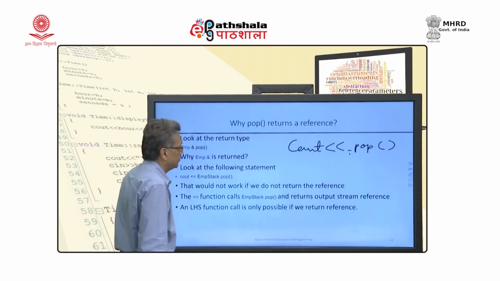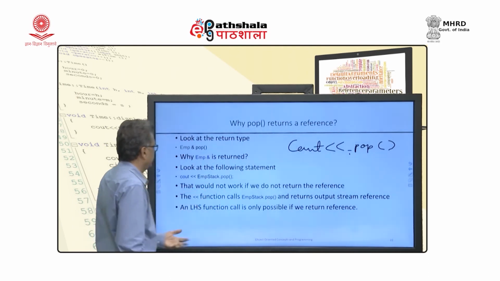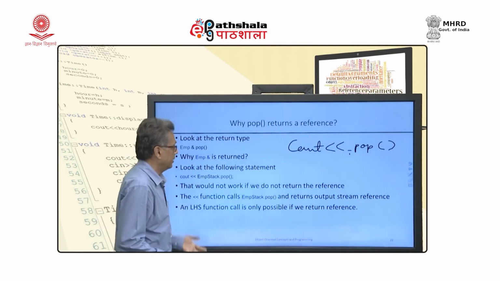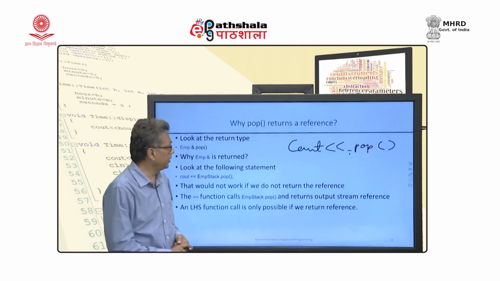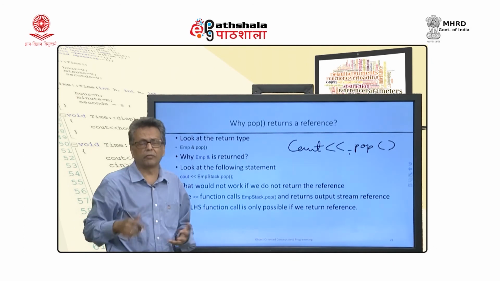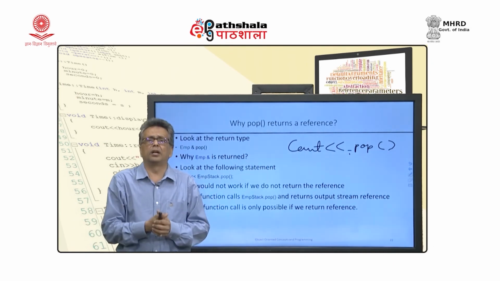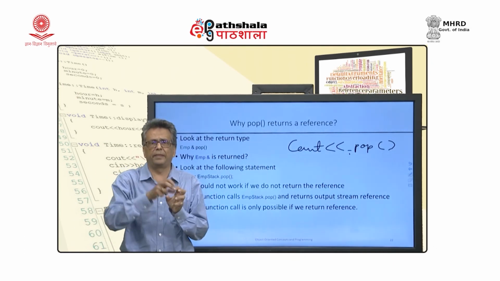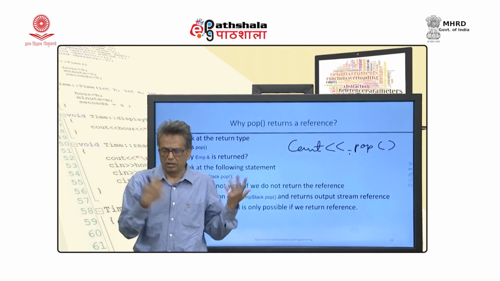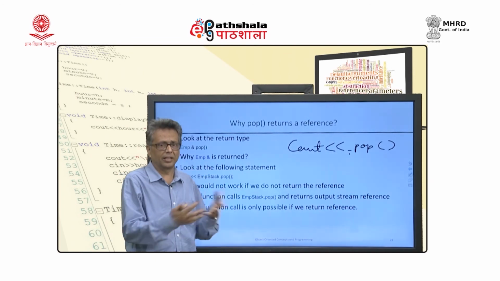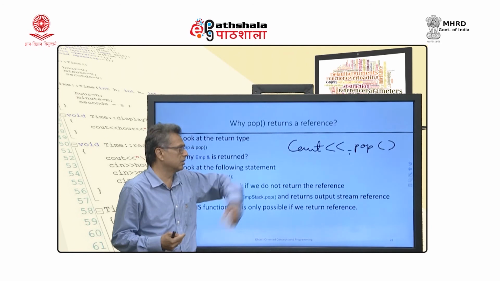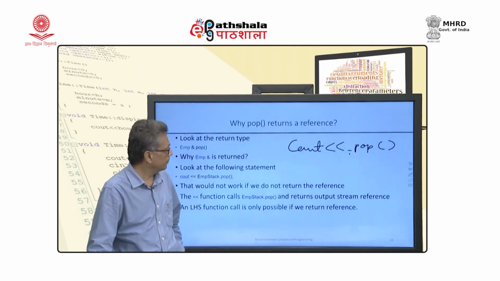So, that is the reason why I need to return a reference. If I do not use a reference, I actually need to define an additional temporary variable and then call cout with that, which I do not need to, because that temporary construction is just removed once you do this.